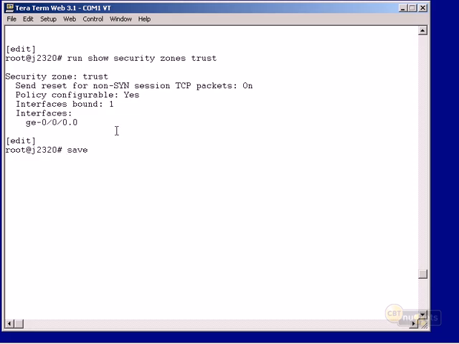Well, the first thing I want to do is run this command: save config backup. So I'll take a copy of my configuration and back it up that way. That's always a good thing to do. Then at the top level here, and you can always make sure you're at the top by doing top,